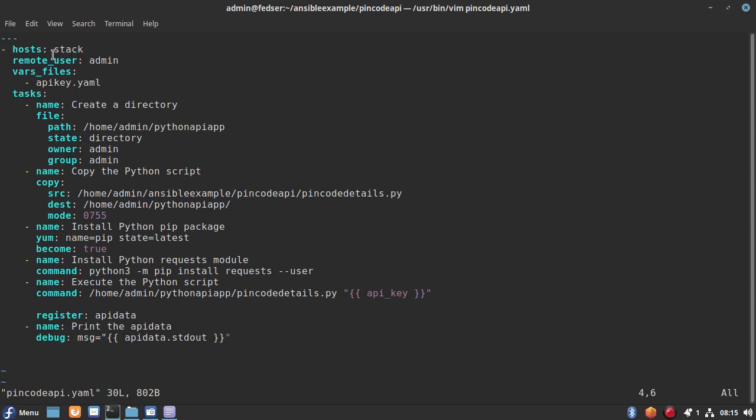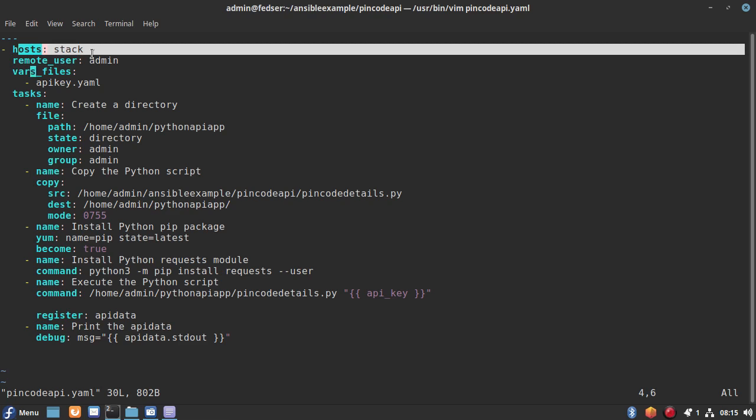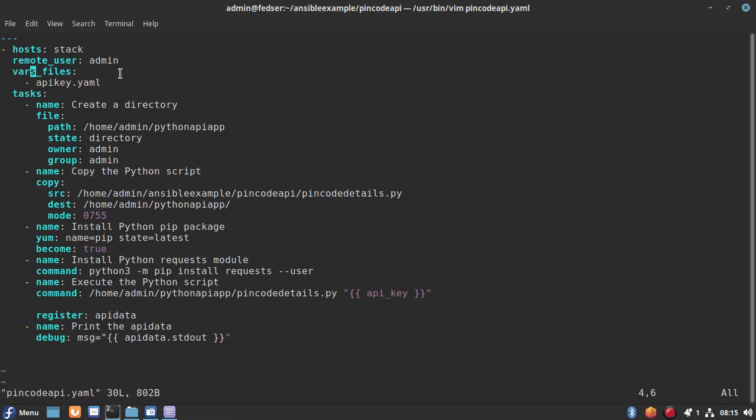The hosts you can set as per your host inventory details, wherein you are willing to execute this Python application. I'm going to use the user ID admin, so it may vary based on what user ID you have set to run the application on your remote node, so you can change it accordingly.